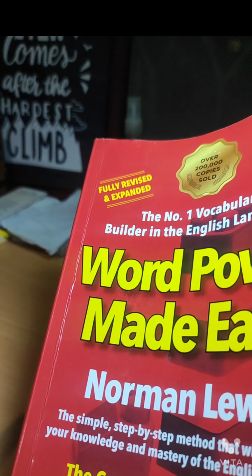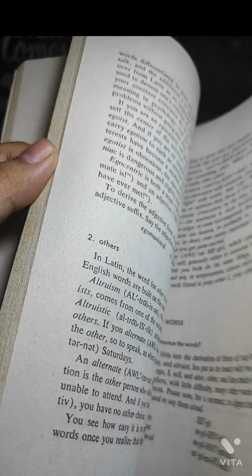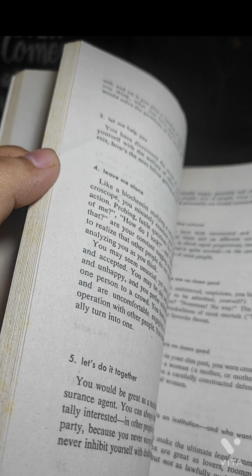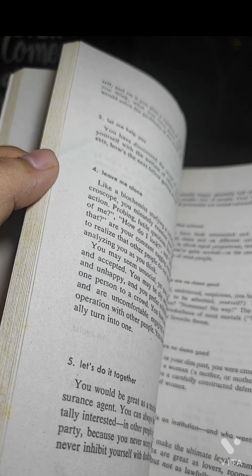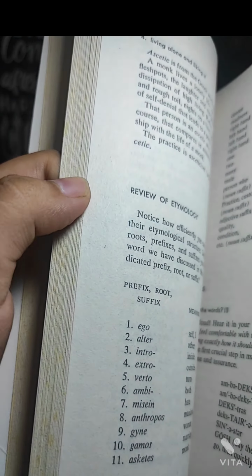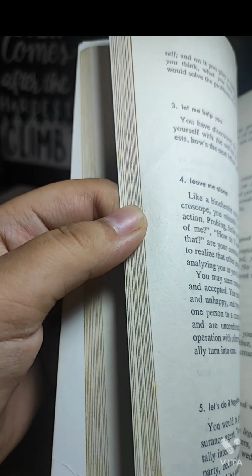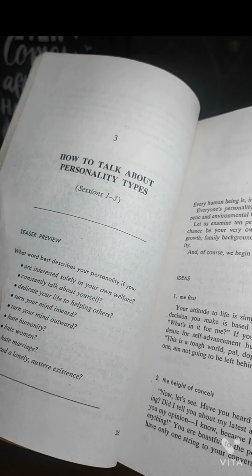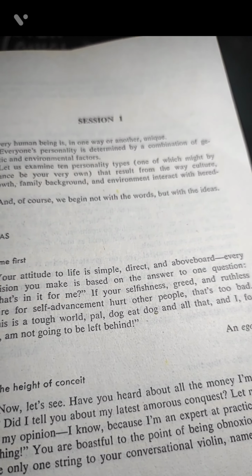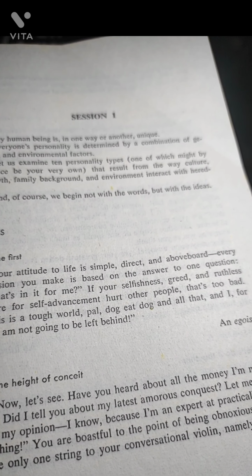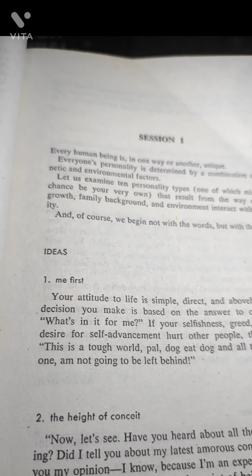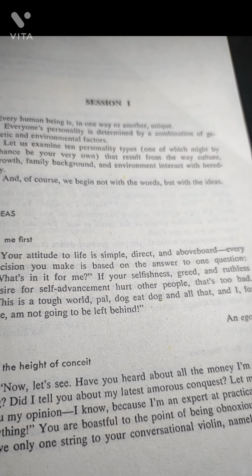So first of all, they have this very comprehensive test that you can do on your own to know yourself, where you are in this English learning journey. So you test it on your own, and after that you have the first chapter, first session. They will introduce you to the very concept of the word first, and imprint a rough idea of that word in your mind, and then introduce you to the word later. In very easy language, they tell you the idea and the word at the end.